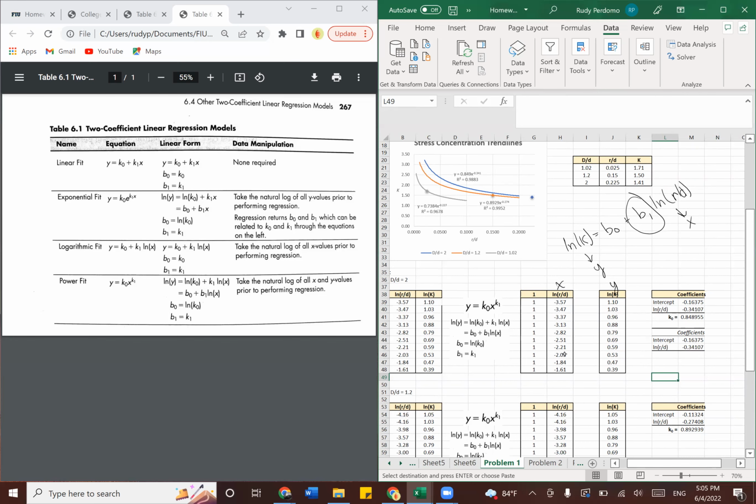But sorry, if you go back to the equation here, you see y equals k0 times x to a power. So this is what this number is right here. K0 is for this curve right here. K0 is 0.849. So if you go here to find K0, the ln of K0 is equal to B0. So what you do is, erase this. If B0 is equal to the ln of K0,